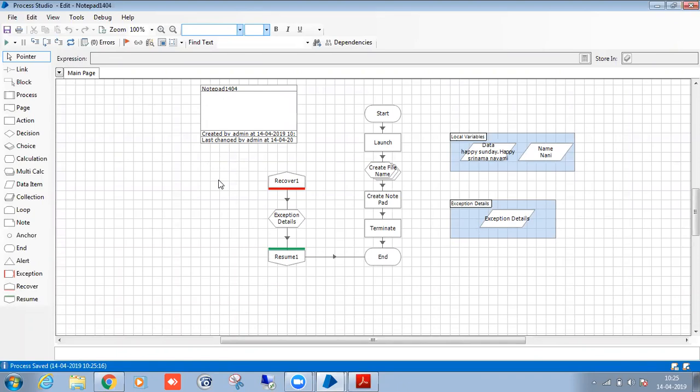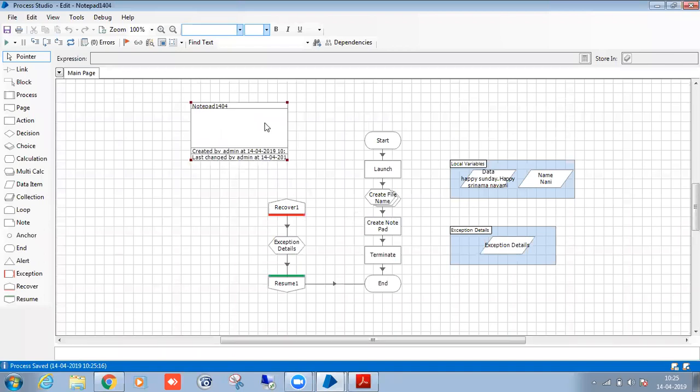This is how it is implemented in real time.